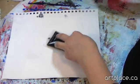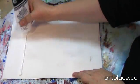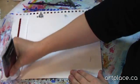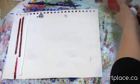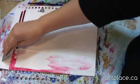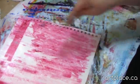Now for this, I'm going to do it two ways. If you don't have titanium white, use your gesso. I'm just going to put a strip of white there. And, oopsie, missed that part. And a strip of alizarin crimson there. And get my card. Now we want to scrape this all the way. This creates a light red. It's actually a light red that's on the blue side. Alizarin crimson is probably the coldest red